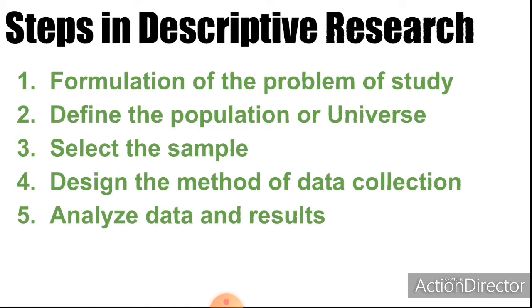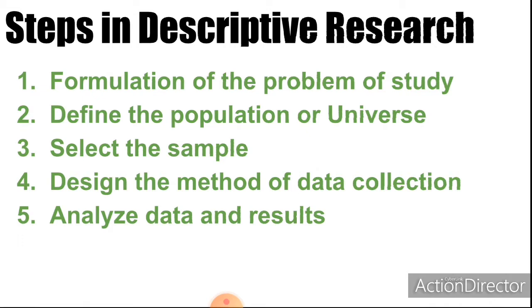Now, we can discuss the steps in descriptive research design. The first step is to define the question or problem that is to be answered. The question should be formulated with precision and utmost care. After the formulation of a problem, the researcher should define the universe or population. Universe or population means the whole area of study. It must be decided. Next is selecting the sample. A sample is the representation of the population, so it must be appropriate.